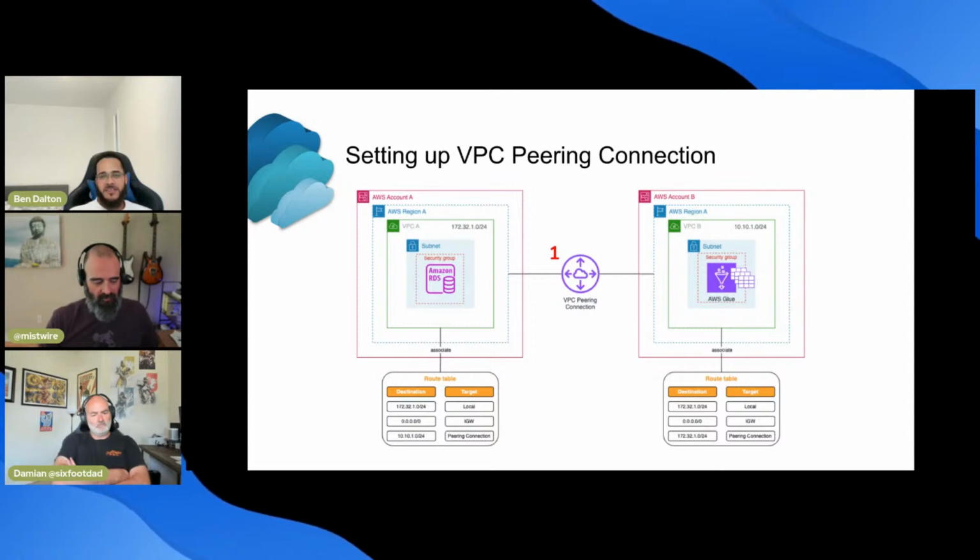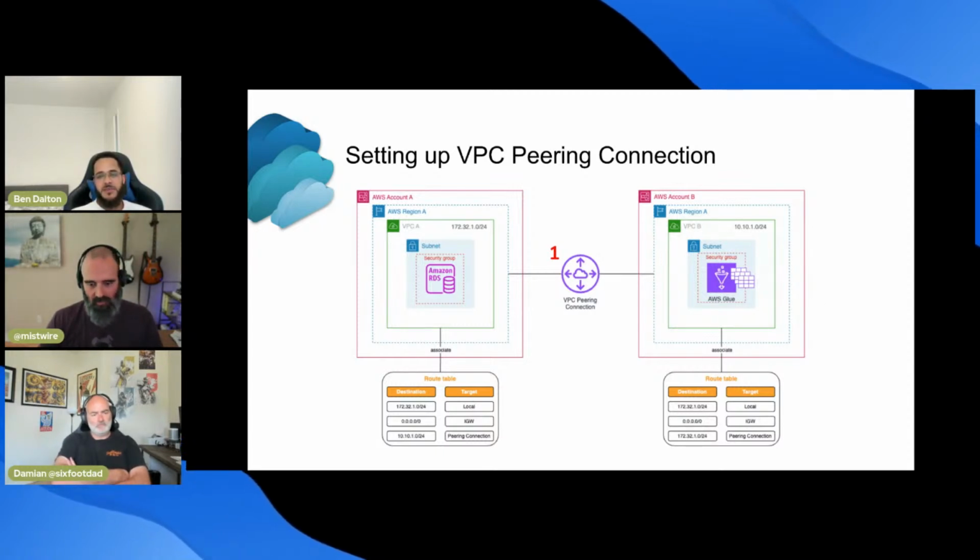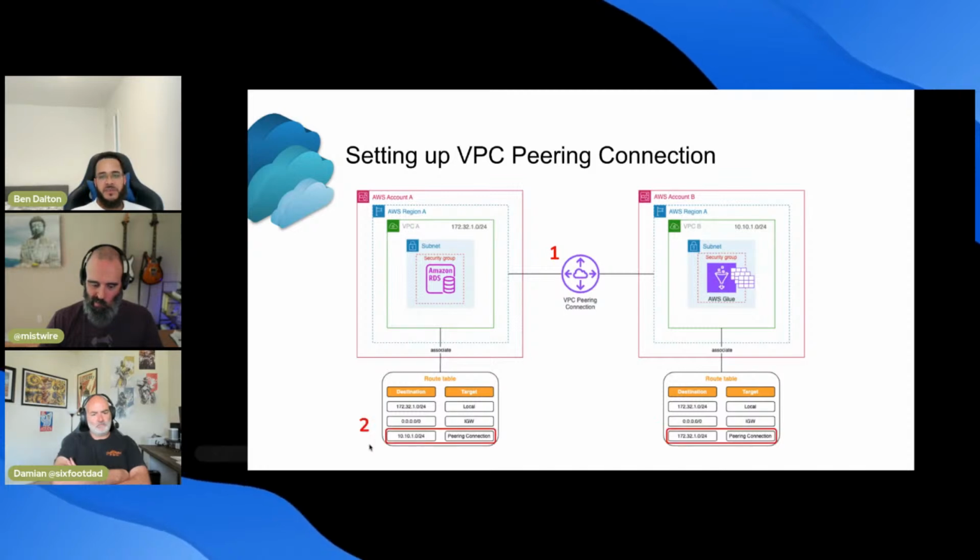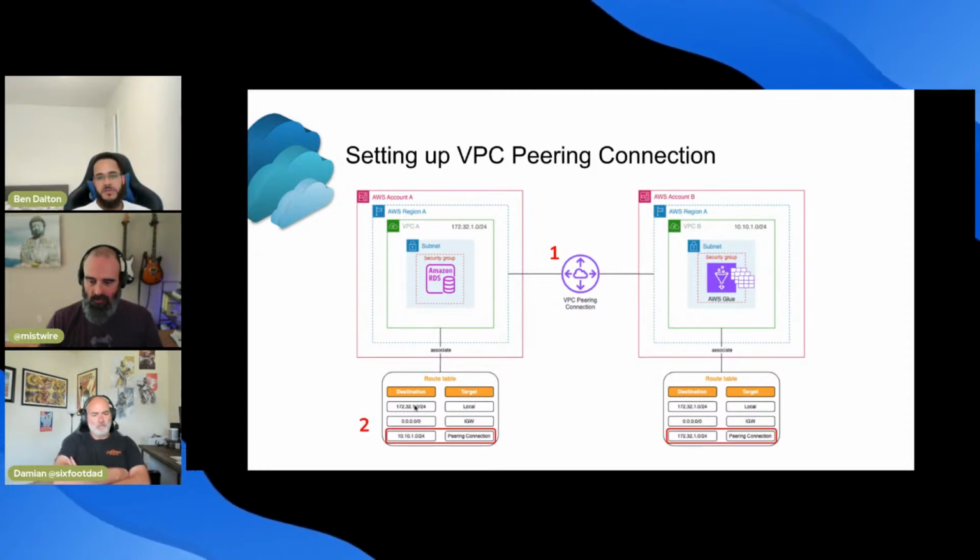But in order to access all the resources within, you need to tell AWS how to route your traffic. If you're familiar with route tables, they basically hold routes. All of these tell AWS how traffic from your subnets and VPCs should be routed throughout the network.